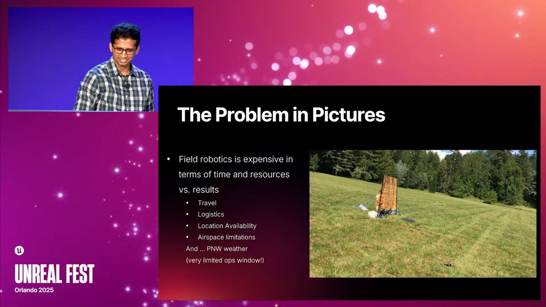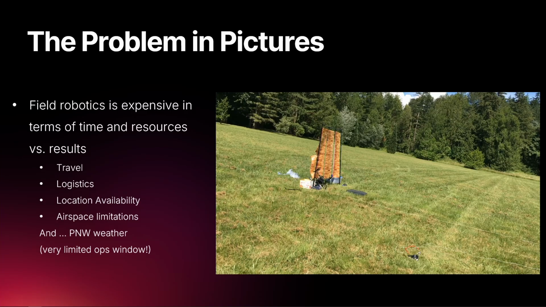And I listed out some points here: there's travel, there's logistics, like how do you set up your hardware? How do you get the location right? How do you set up the use case of your interest in this location? And I'm from Seattle. Our company's located in Seattle, and those who are from the Pacific Northwest know that there is a very small window where you can actually go out and fly a drone or something like that. If you're doing indoors, that's good, but not for stuff like this. So you have very limited windows for these kinds of things.